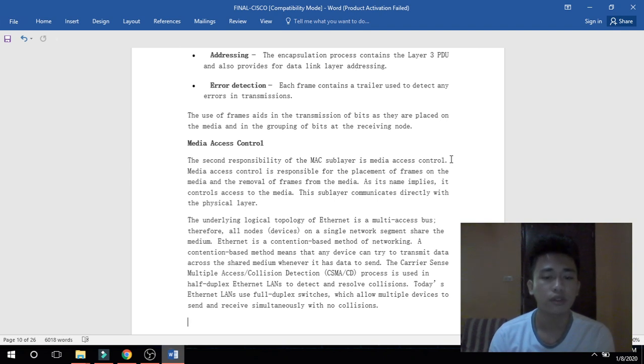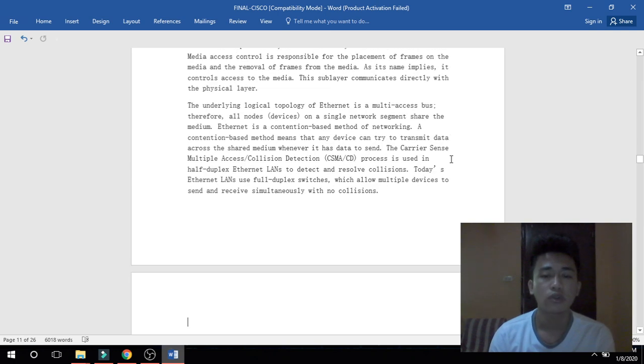Ethernet is a contention-based method of networking. A contention-based method means that any device can try to transmit data across the shared medium whenever it has data to send. The carrier sense multiple access with collision detection, called CSMA/CD, process is used in half-duplex Ethernet LANs to detect and resolve collisions. Today's Ethernet LANs use full-duplex switches, which allow multiple devices to send and receive